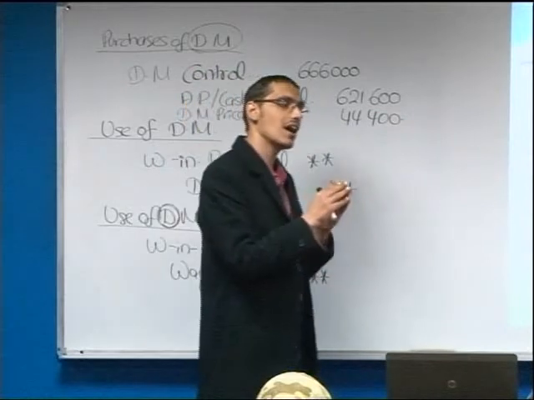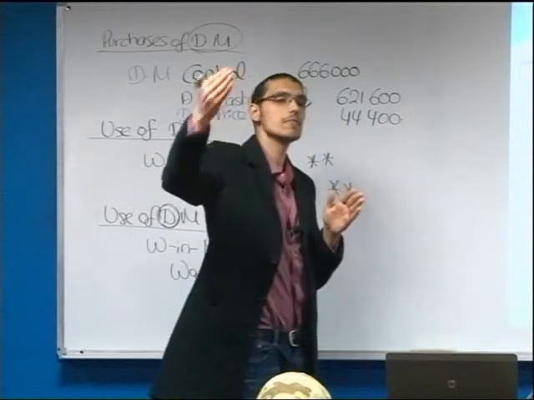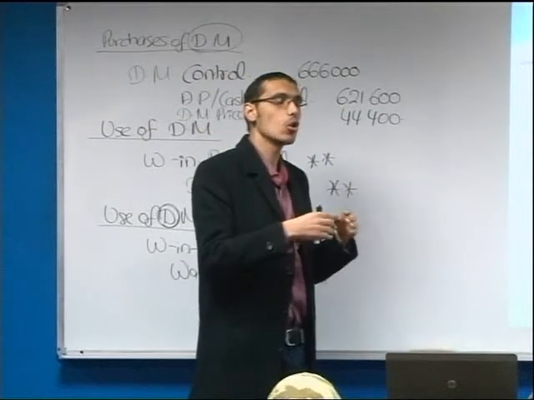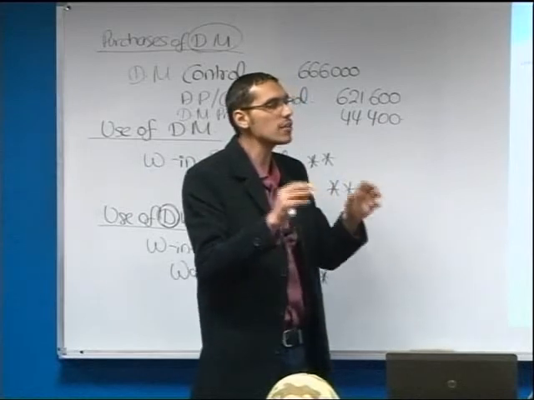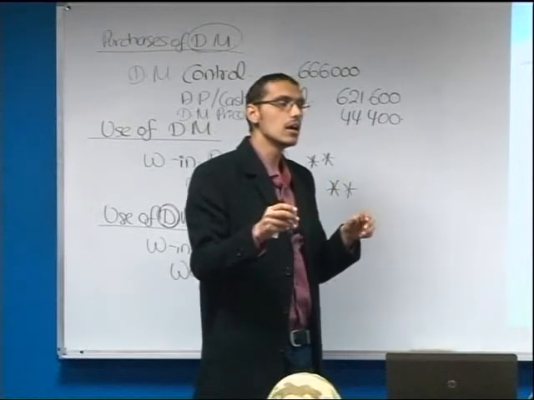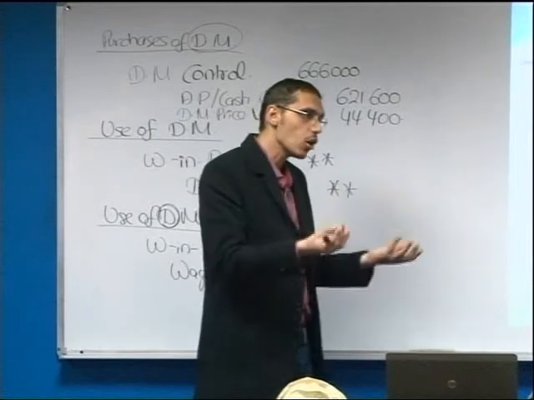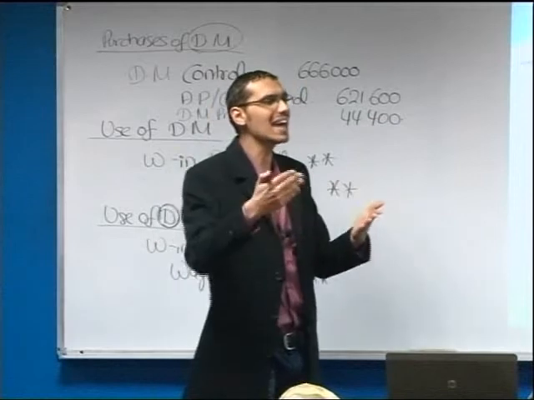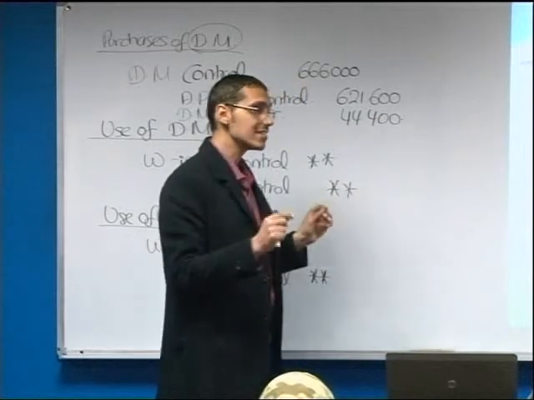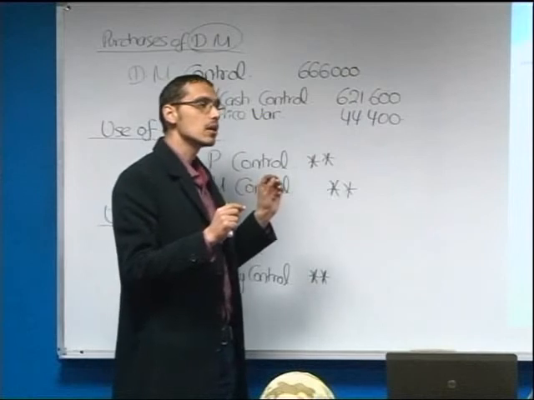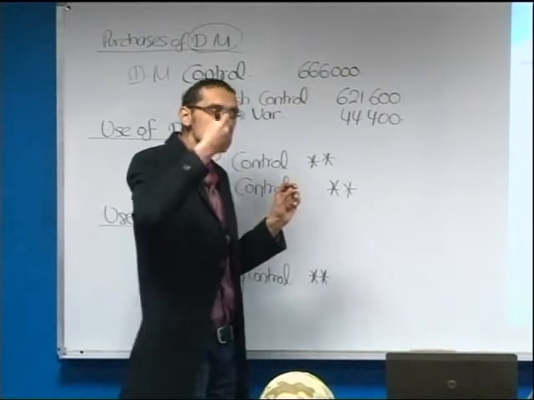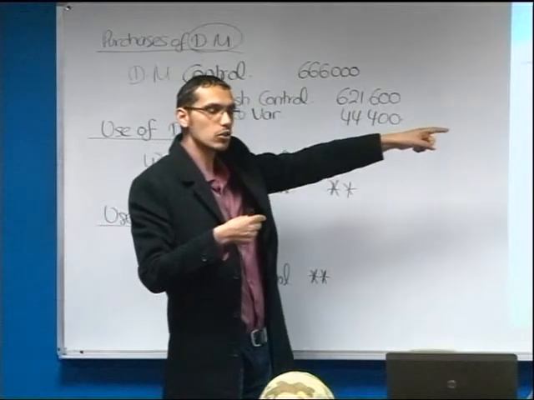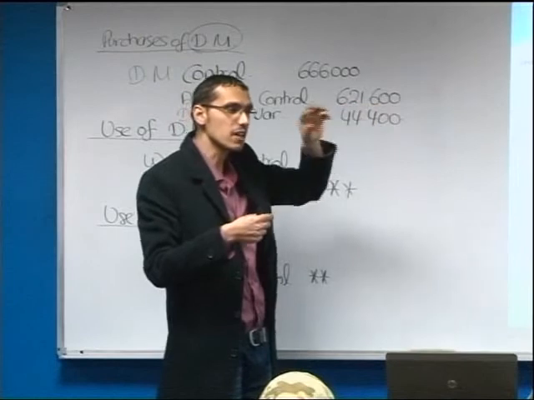Because if I waited until the end of the period to make my variance analysis and know exactly what variances were incurred within the organization, it might be too late to make any corrective actions. But if an accountant recognizes these variances at the time, for instance the price variance at the time of purchase,